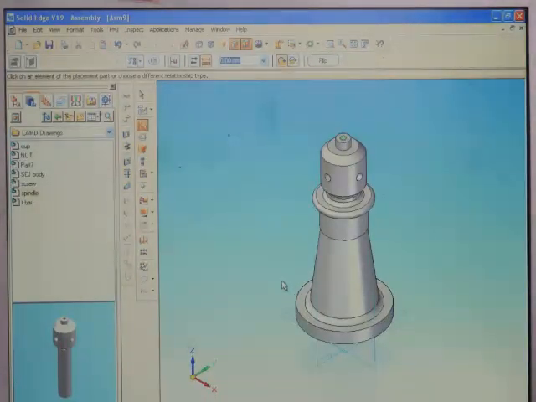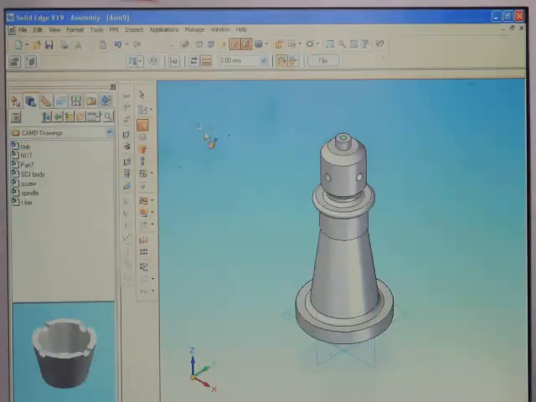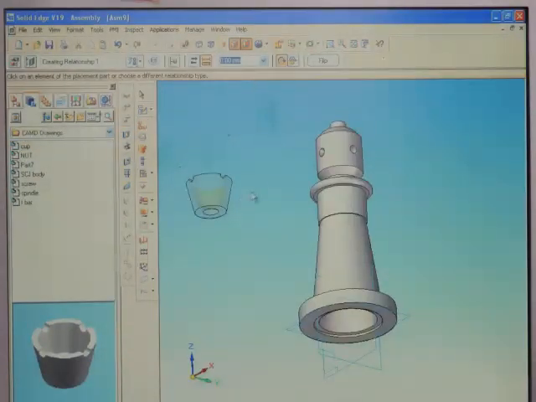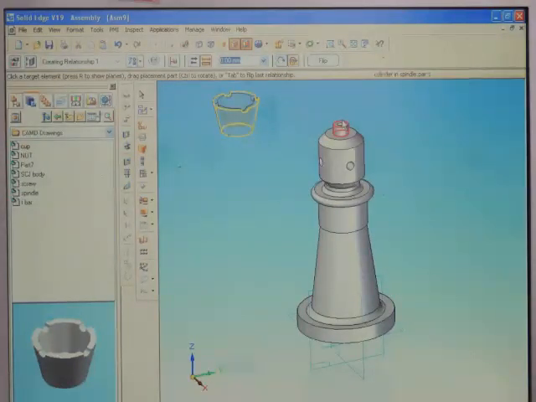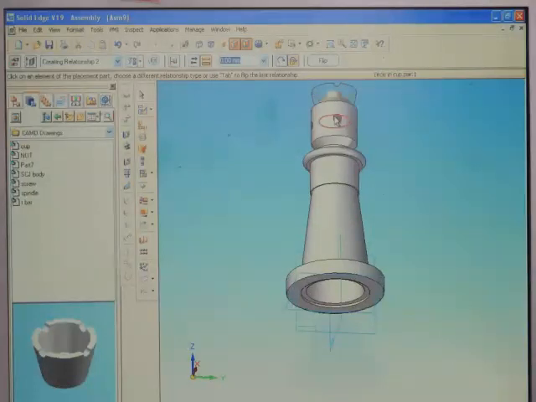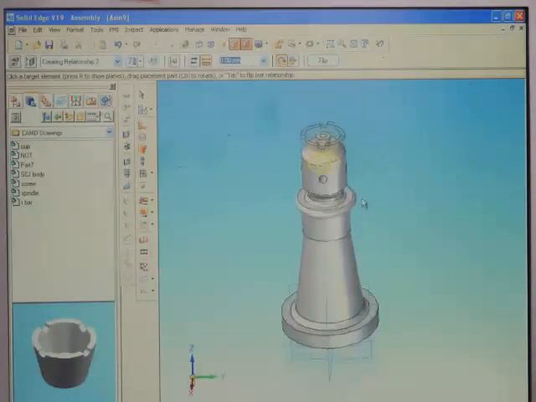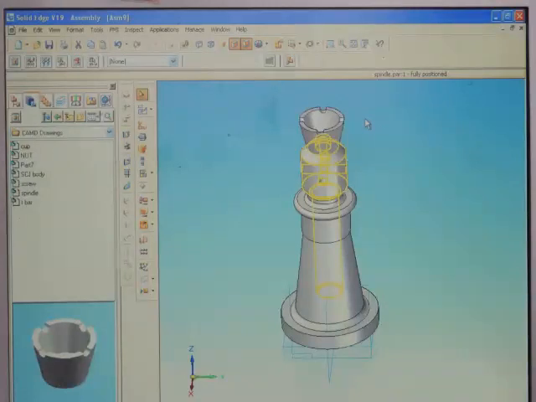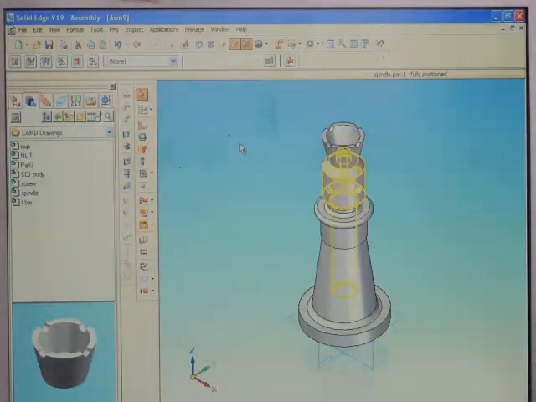Upon this, you should fix a cup here. Cup. Go to axial rotation lock with this axis. Planar with this planar. Control I. So next, the washer, that is the special washer.